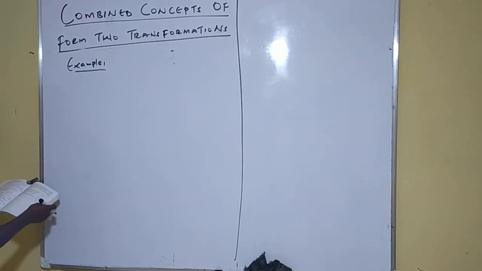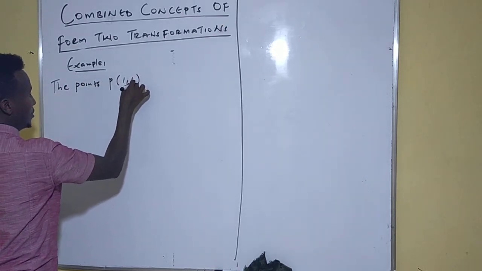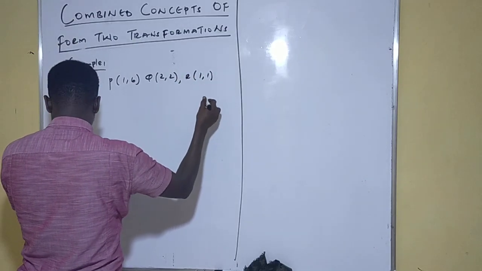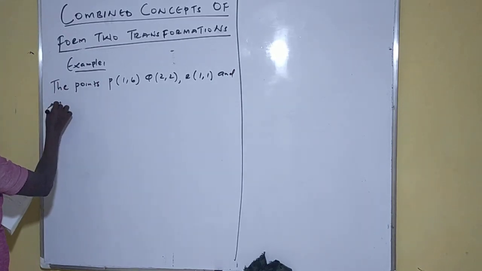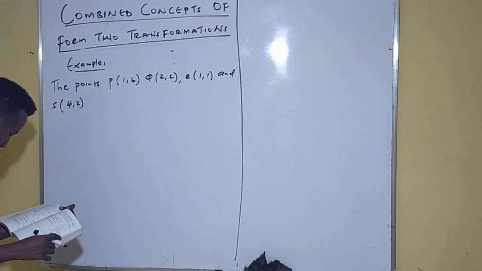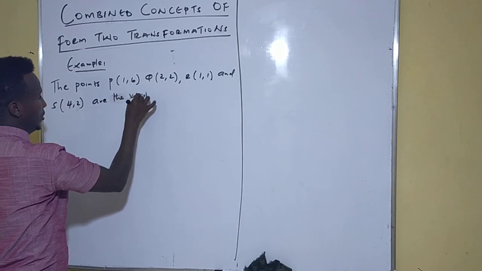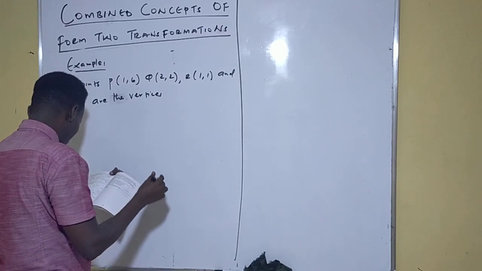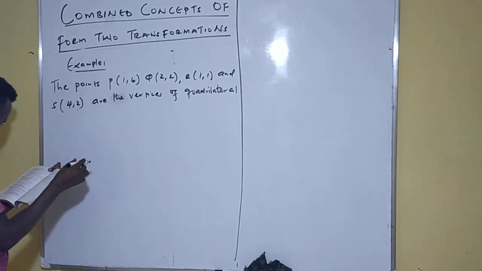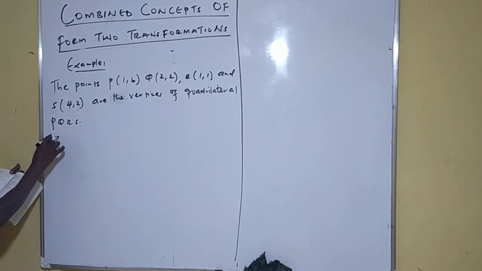Example 1 is actually saying the points P(1, 6), Q(2, 2), R(1, 1) and S(4, 2) are the vertices of quadrilateral PQRS. Then question A, you're told on a graph paper plot